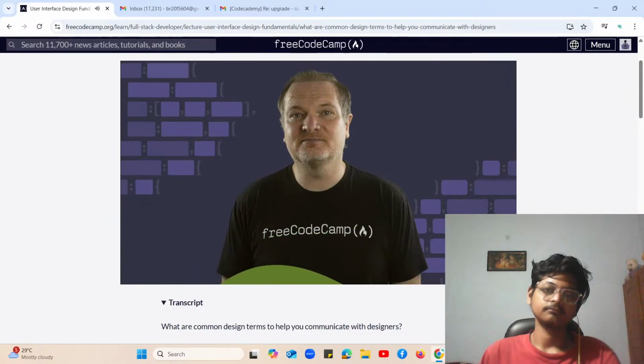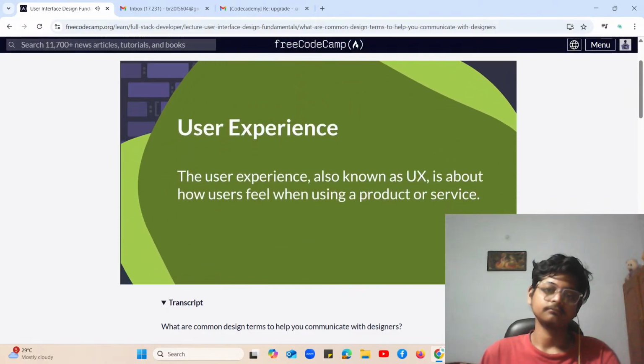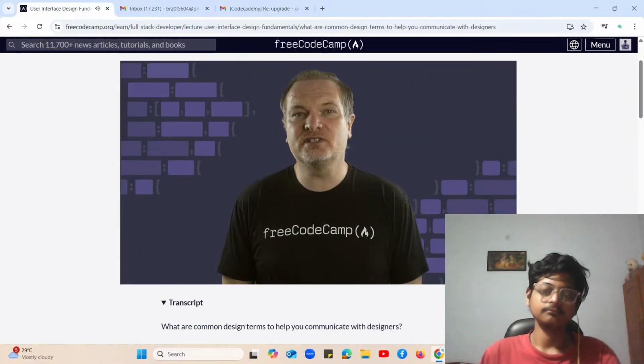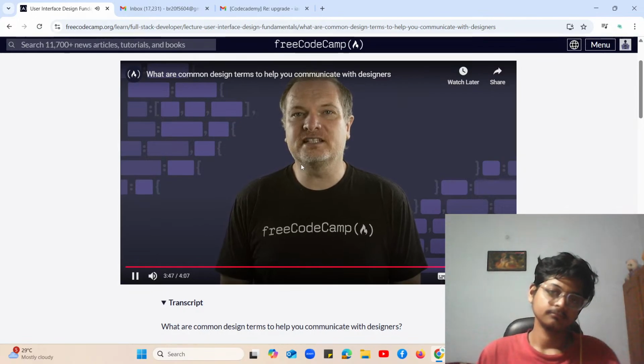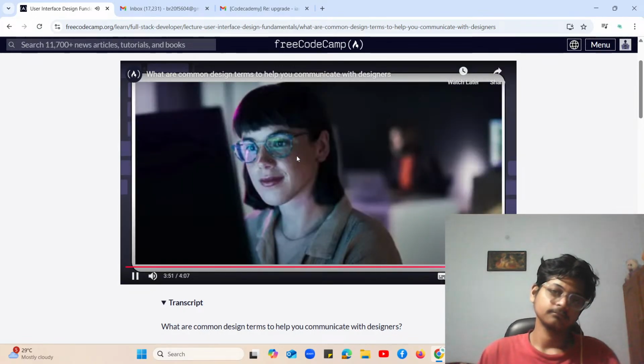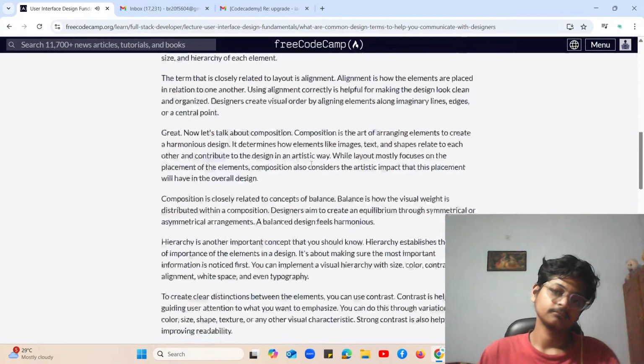The user experience, also known as UX, is about how users feel when using a product or service. An application with a well-designed user experience is intuitive, easy to use, efficient, accessible, and enjoyable. The user interface plays a key role in making the user experience as easy and enjoyable as possible, so they are very closely related. These are some of the common terms that you should